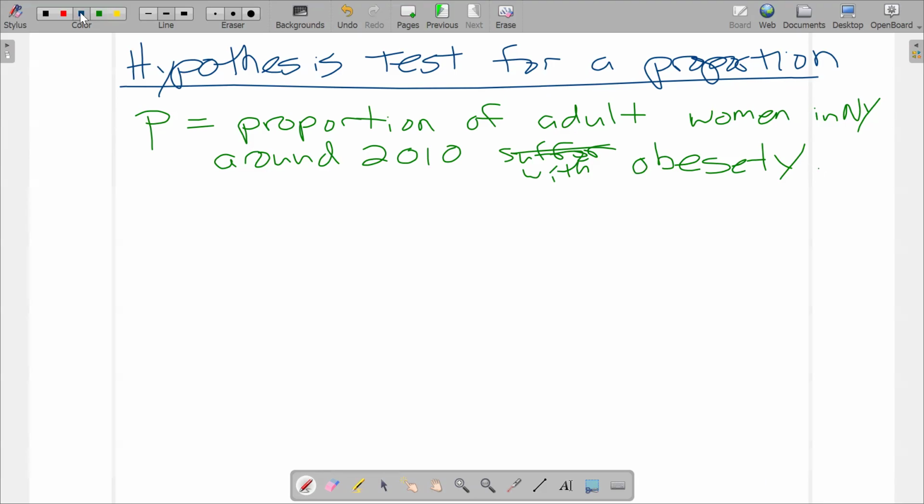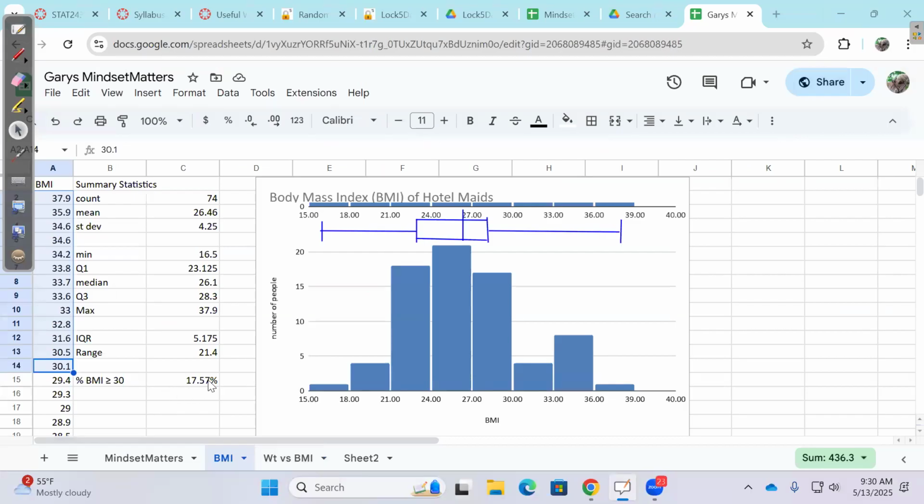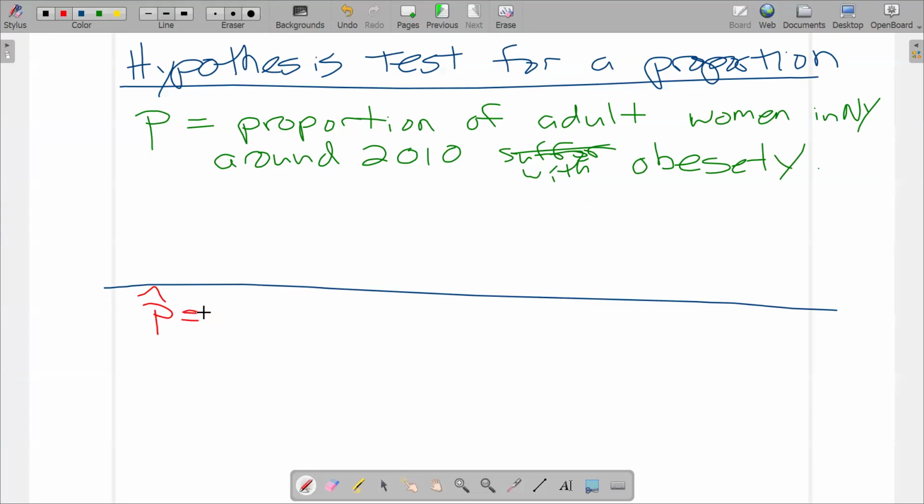and I'm going to come back to my hypotheses in a minute. I have a sample where P hat, the symbol for sample proportion, is, what was it, 17 point something? Spreadsheet says 17 point, let's call it 17.6. It's about 17.6%, which as a decimal would be 0.176. And that right there is the proportion